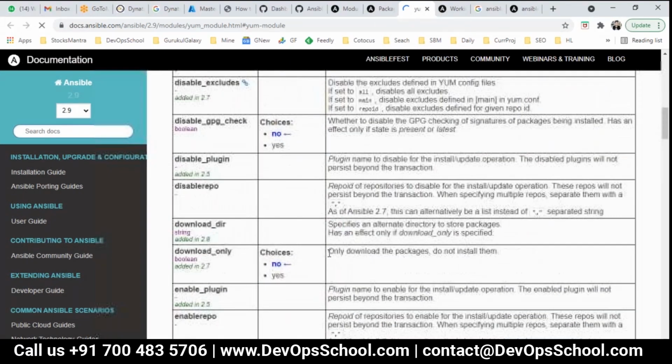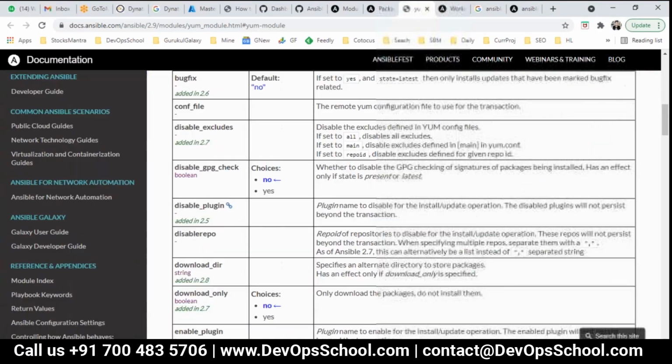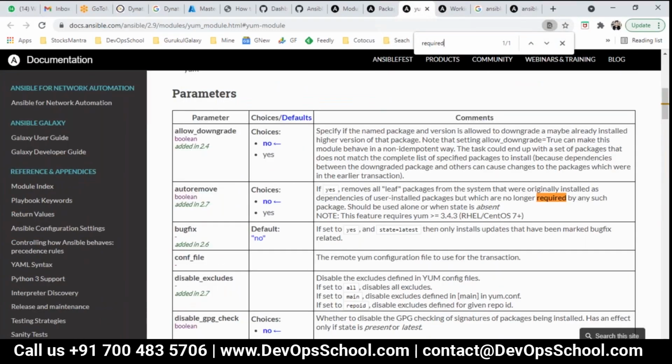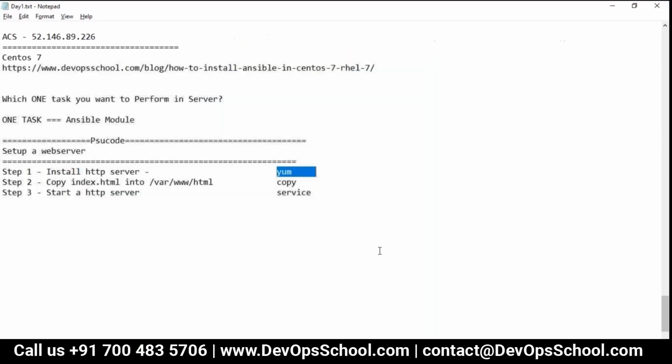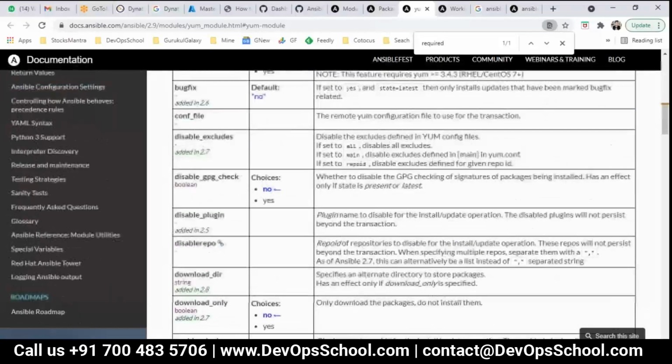Okay. So here if I see, I don't see the required one. So that means everything is optional. Nothing is required. So what to do? So first, basically, I will use my judgment. I want to install a package. So two things I will select. Which package? So something like name.